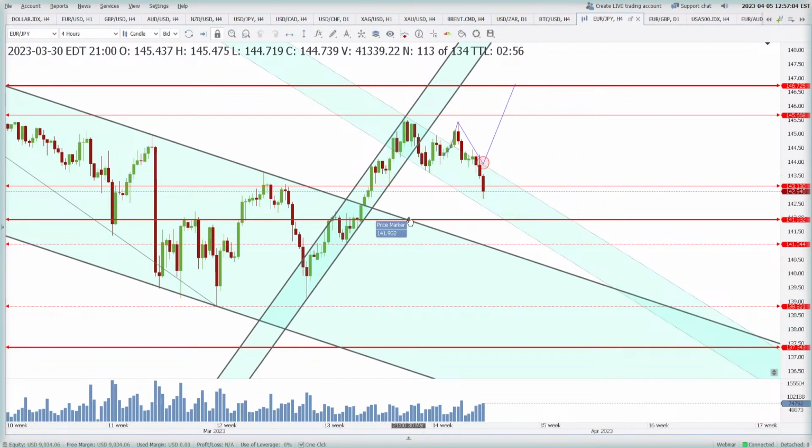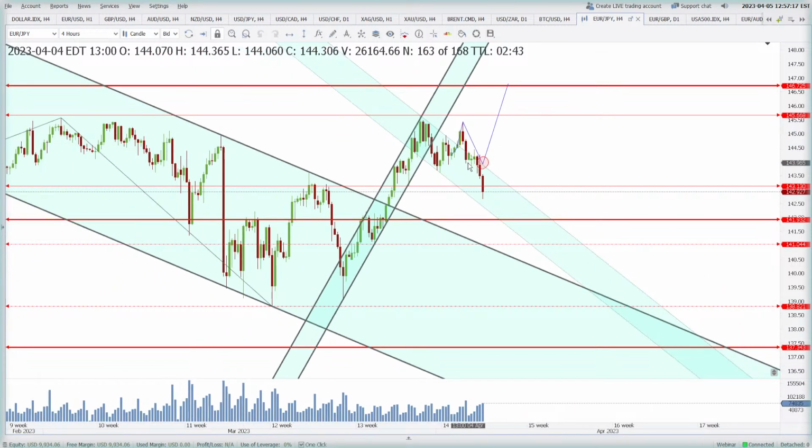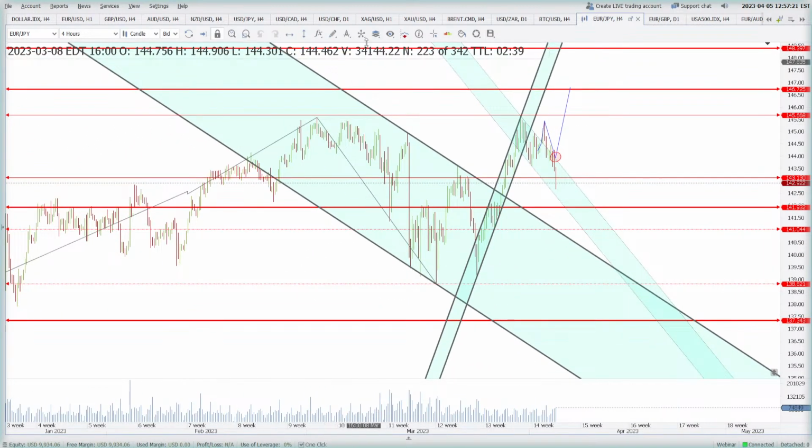Euro JPY, now we are looking south. Okay, we were already looking south. It's not a problem, but after this breakout we were expecting the price to take support here, but that did not happen. So it is now going with the price action. So you see this high was never taken out. The price went to that same high, but this high was never taken out and the price went below.